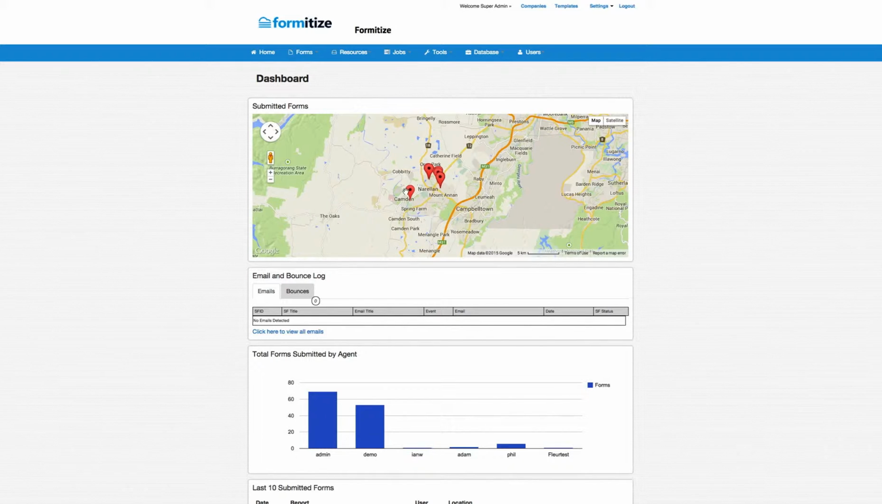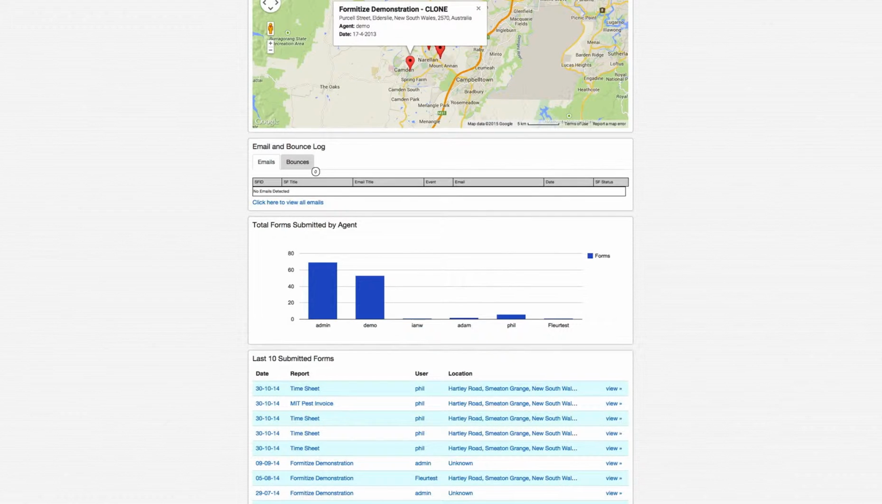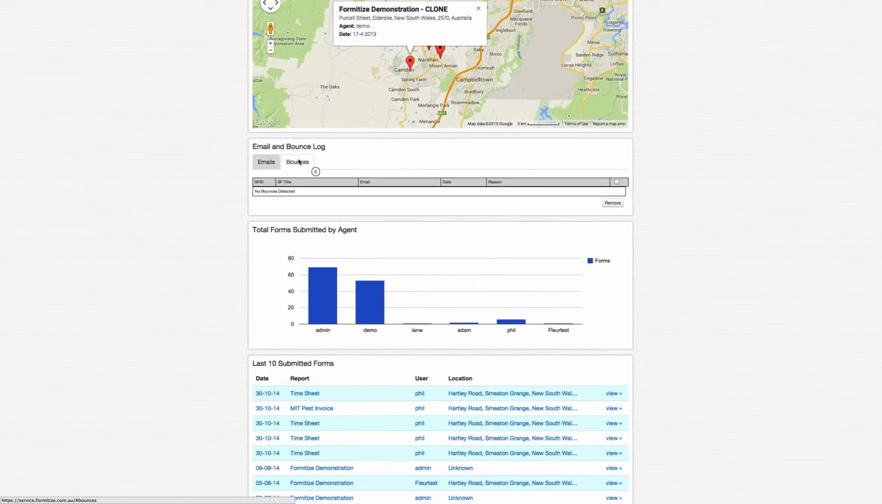We have a map which shows the jobs as they're being done. You can click on it to see the detail of that particular job. The next module is the email and bounce log, so very easy to track the successful delivery and status of any emails that are being generated through the system. So if a technician puts a wrong email address in and the email bounces, then you'll have a record of